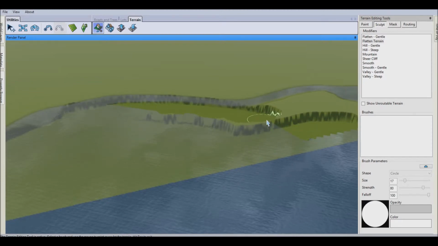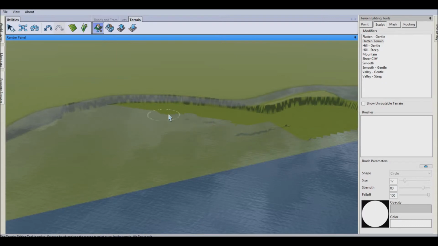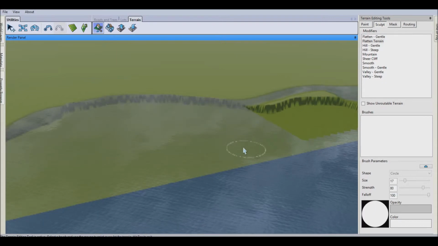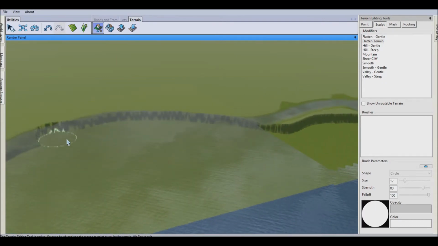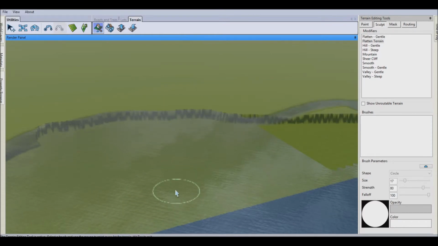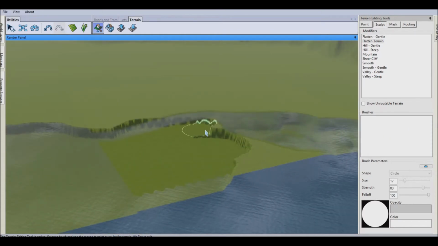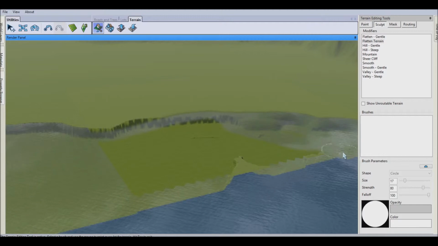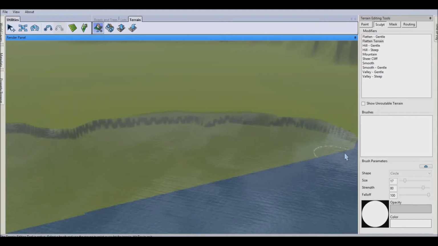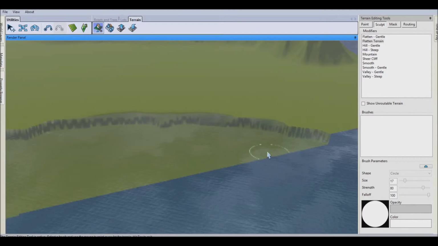In game you won't see the green, you'll see water. Or at least you should do. Last time I built a world you didn't get the green at the bottom. Okay, so that's our